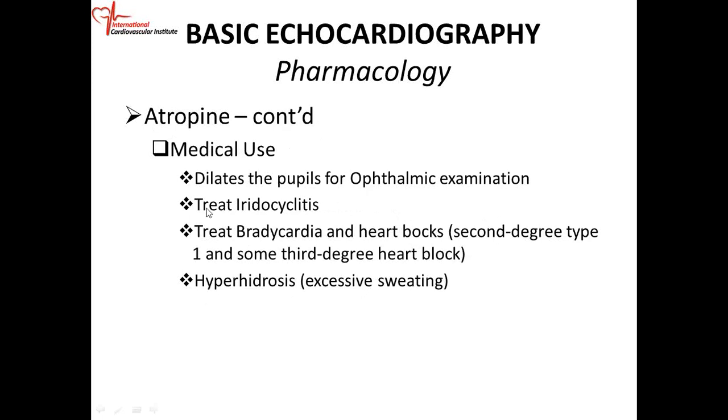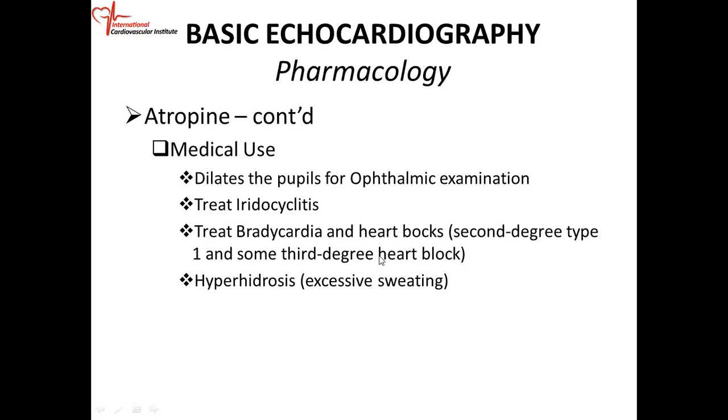Okay. All right. So what are some of the medical uses for atropine? Again, it dilates the pupil for ophthalmic examination. So the ophthalmologist can look at the back of the eye, look into the retina, and see what's going on. We use it to treat iridocyclitis, to sort of paralyze the muscles in the eye, so that it doesn't contract and relax and then cause pain. We use it to treat bradycardia and heart blocks, as mentioned, because it increases heart rate. So second degree AV block type 1, and some third degree